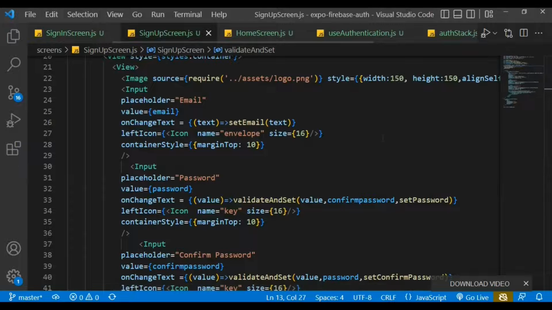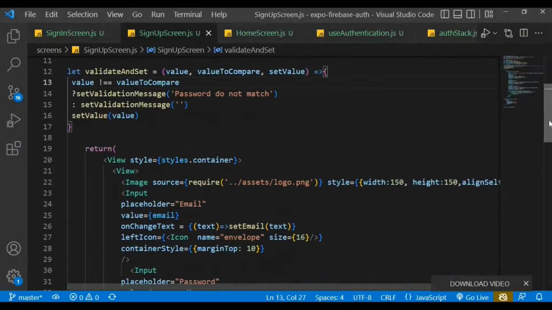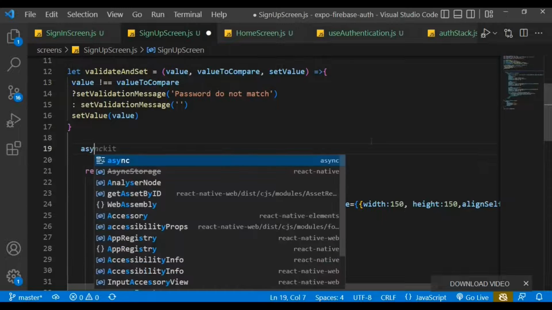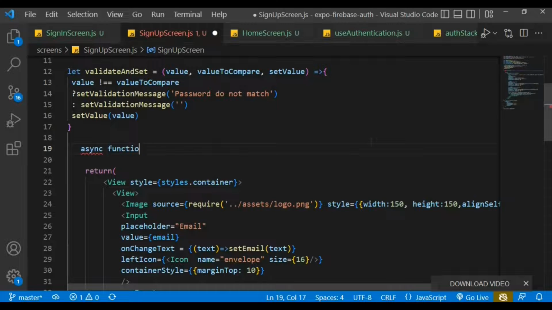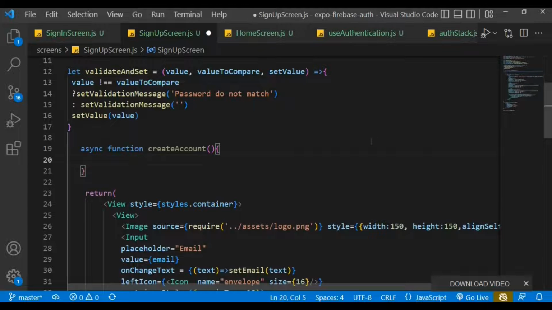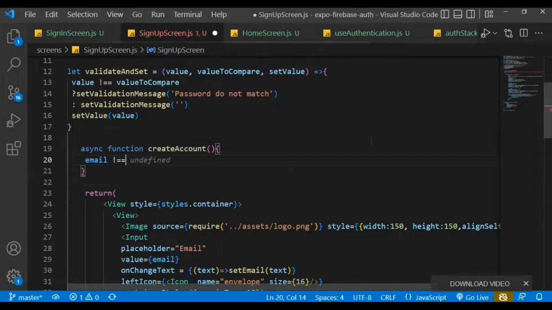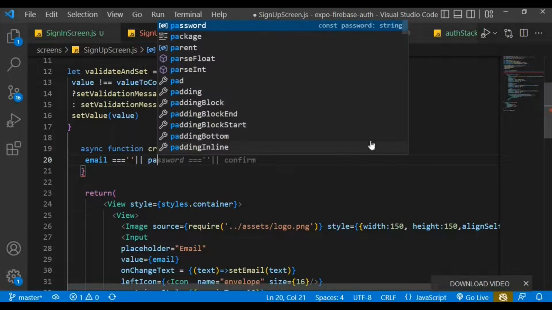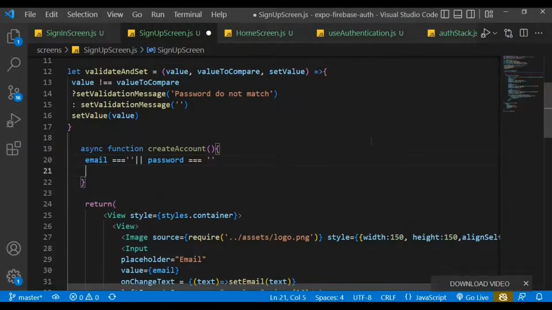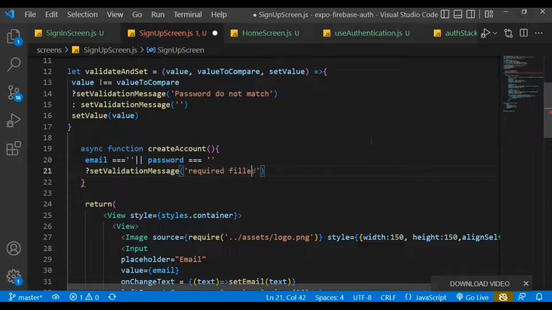So in here we need to create a function. It's going to be an asynchronous function, and the function name is going to be createAccount. So within that, we check if the email is equal to null or the password is equal to null, then we are going to set the validation message to required field missing. Otherwise, we set it to an empty string and try creating the user